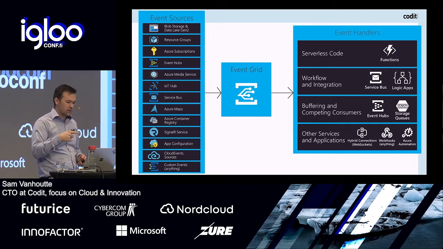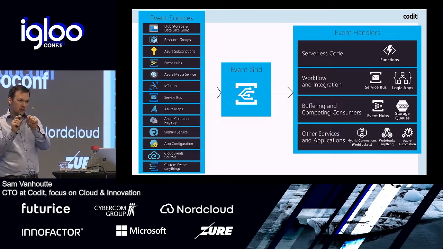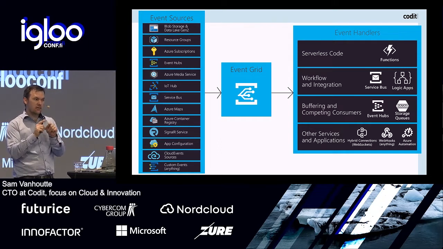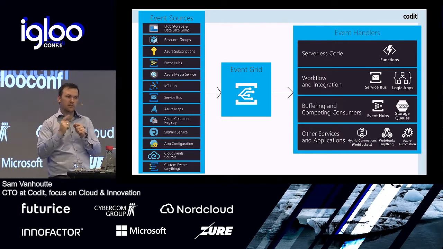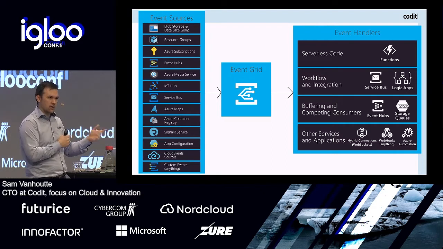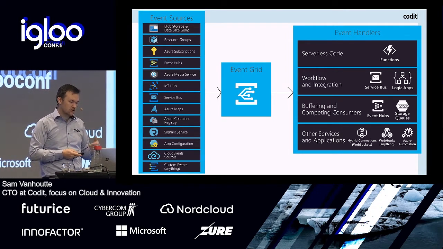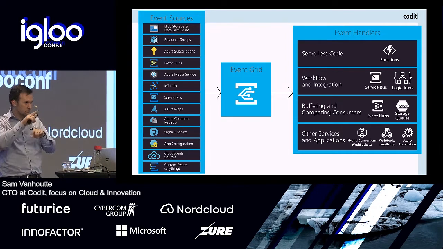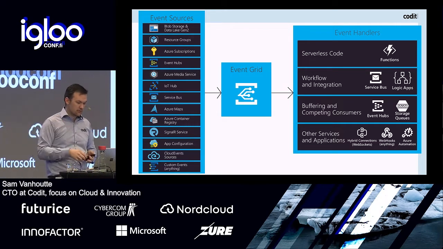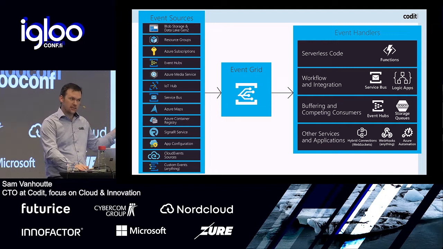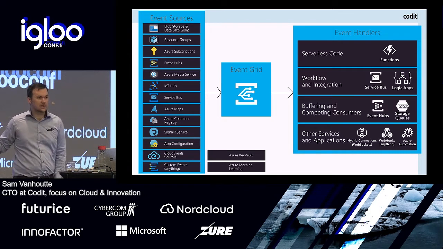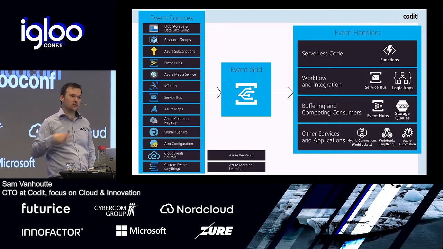IoT Hub is an interesting one. We have some sessions on IoT later on, where you can subscribe to a device that connects and also a device that disconnects. Because maybe you want to know that if a device disconnects, I need to notify someone. So these events get also pushed. Azure Maps is something that is interesting. Also SignalR. So people that use SignalR for front-end applications can really leverage that one. And custom events is definitely a section I'll talk about afterwards. What has been added recently is Azure Key Vault and Azure Machine Learning. So if you have Azure Machine Learning for your models that get published and so on, all these things get automatically fired as an event.